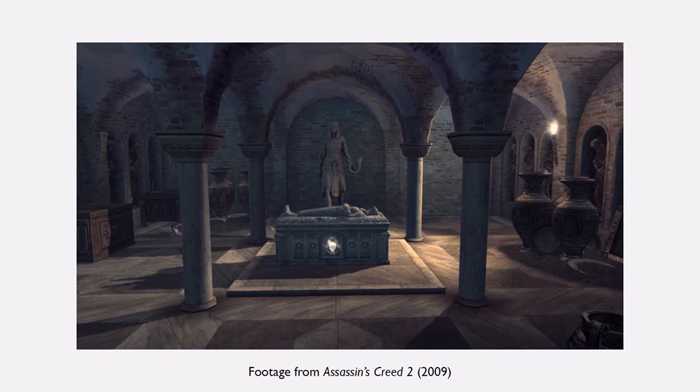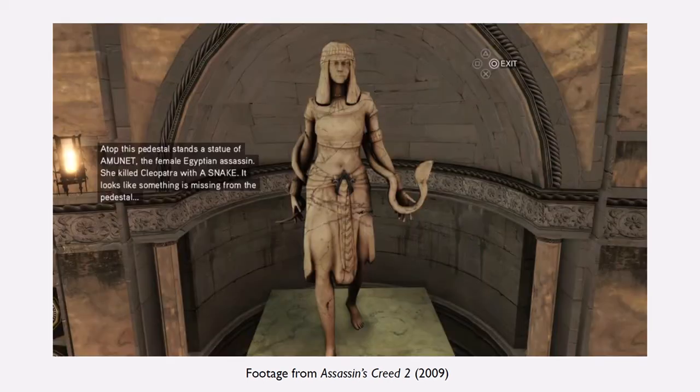But yes, so, playing as Ezio Auditore da Firenze, you discover a secret chamber in the Basilica San Marco in Venice, and what appears to be the tomb of the ancient assassin Amunet. You will find out later it's not a tomb, it's actually a cenotaph, but you know, retconning. And Amunet is, in-game, the assassin responsible for the death of Cleopatra. So you can come near the statue and get a little bit of information there about her.